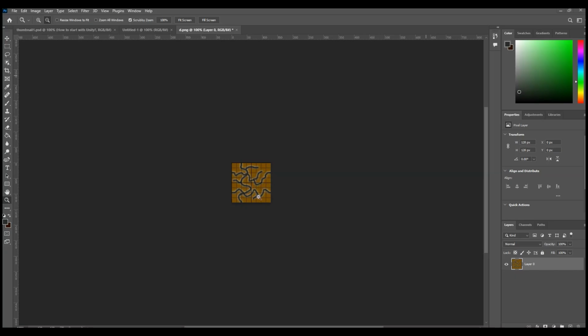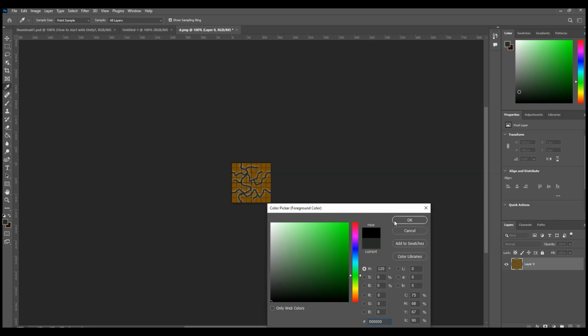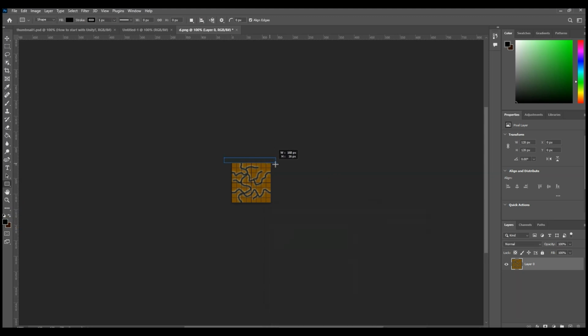So drag and drop your tile here, and then from the rectangle tool, select black color, and use something like this. So it has a black outline, or you can increase or decrease the size, something that is distinguishable. And then export it,